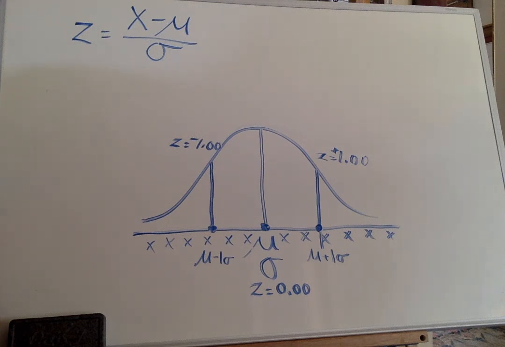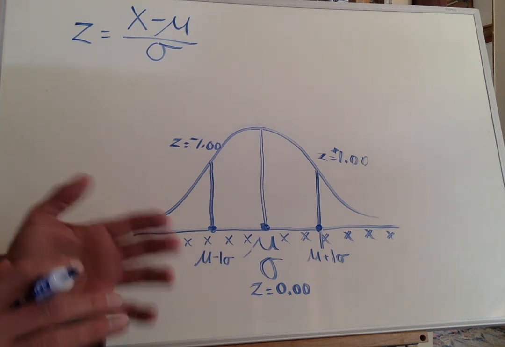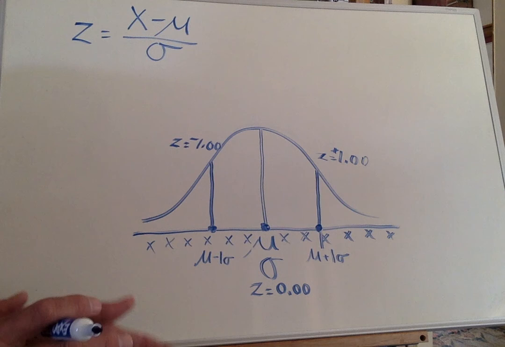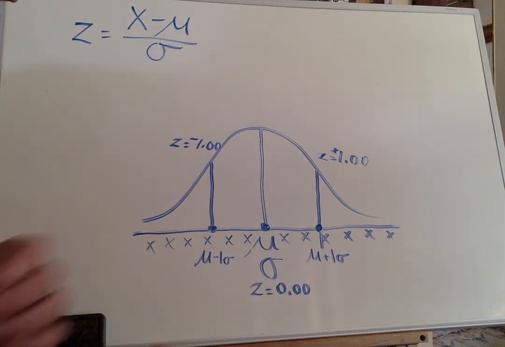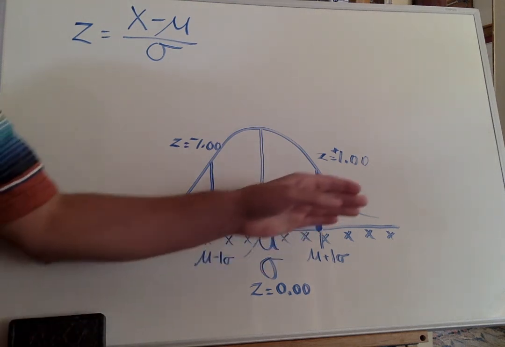Now, we're going to start thinking about z-scores and normal distributions, and we're going to end up converting these z-scores into percentiles. Okay? And what I want to do right now is ask you,